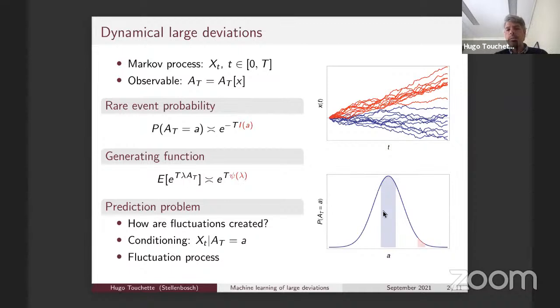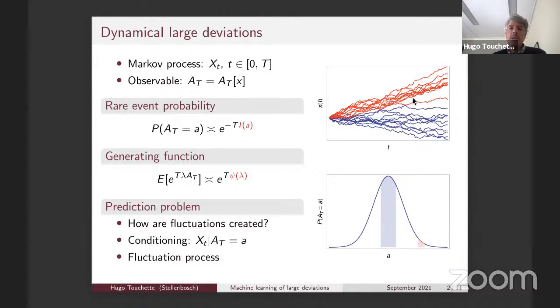So this is the cartoon picture. I'm interested in this type of fluctuation here in the tail. It's got low probability, so it's obviously a fluctuation. It's not something that I can observe many times if I monitor the system. What I want to do is track down all the trajectories that led to that value of the observable. So here I'm doing this by just coloring those trajectories. And what we want to understand is whether those trajectories can be described as a stochastic process on its own, and this is what we call the fluctuation process.